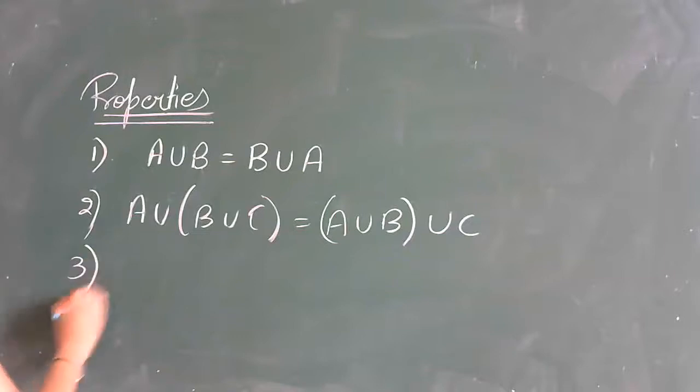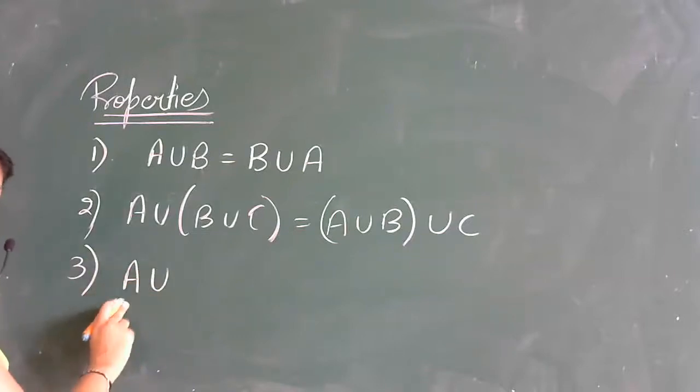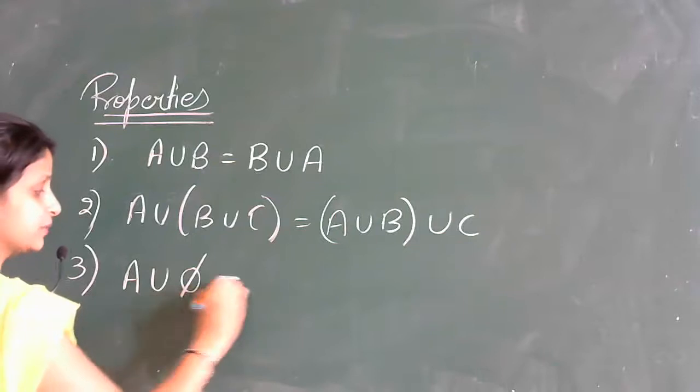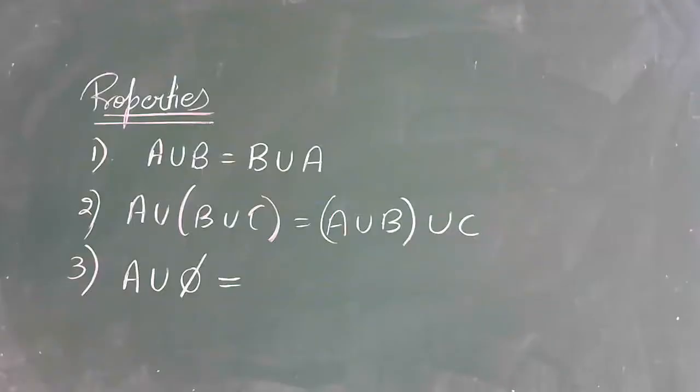The third important property is, if you have any set and if you take the union of this set with the empty set,